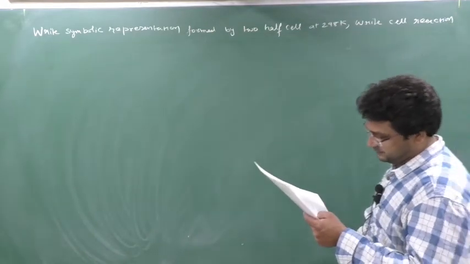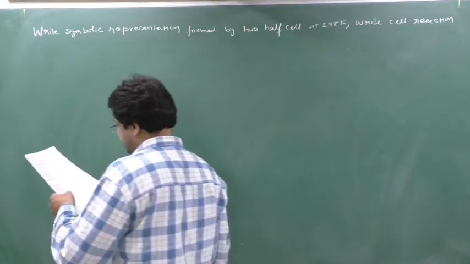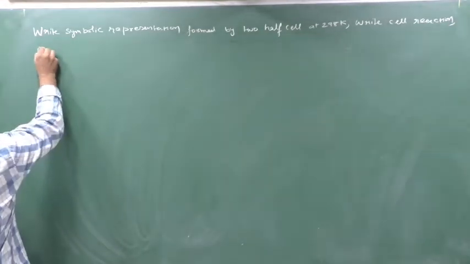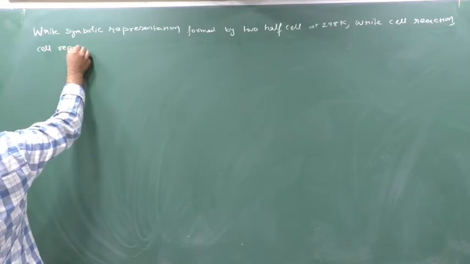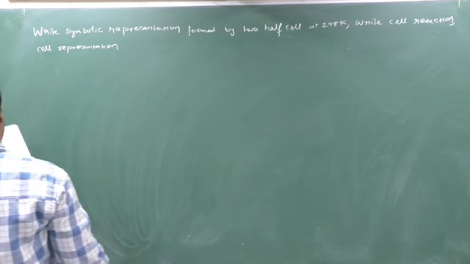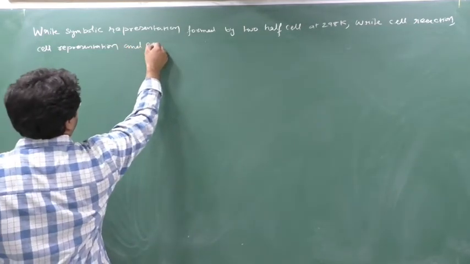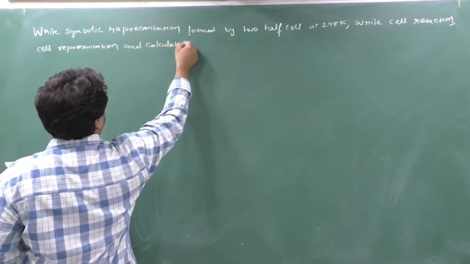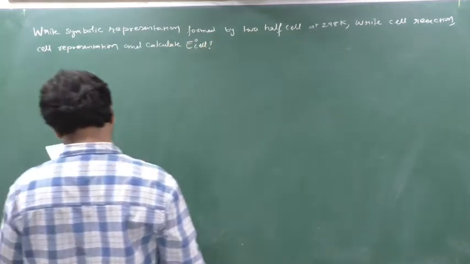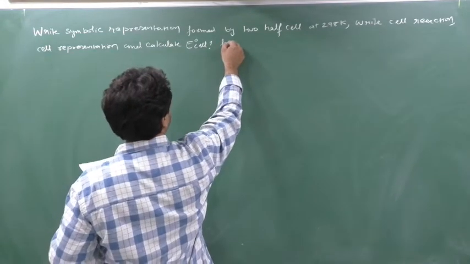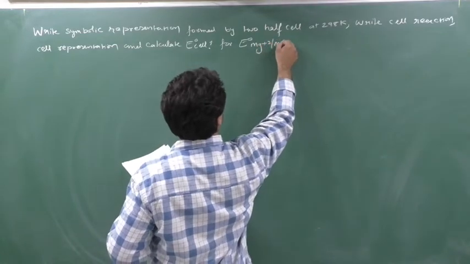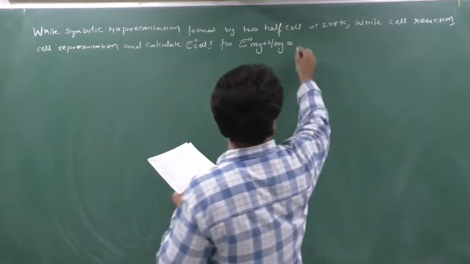Cell reaction, cell representation, and calculate E naught cell for E0 Mg plus 2 slash Mg equal to minus 2.37 volt